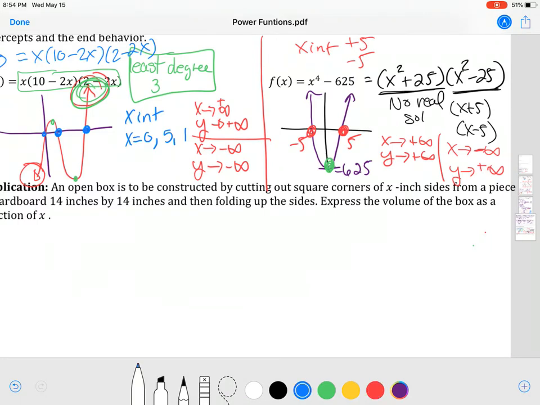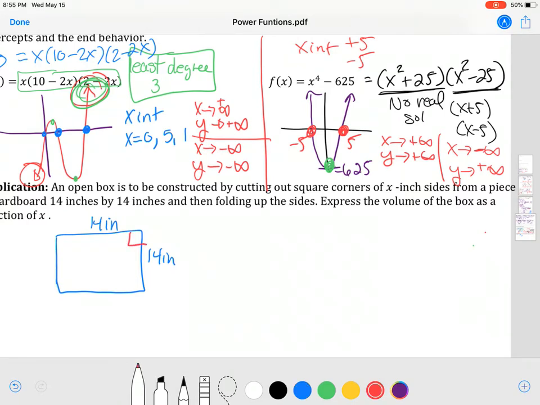This is a little bit hard to visualize, but if you have a scratch piece of paper in front of you that you don't mind tearing up, it might be worth your while to follow along with an actual piece of paper and imagine that you're actually creating this box. So it says here that we have a piece of cardboard that's 14 inches by 14 inches. So here's my cardboard that's 14 inches by 14 inches. Now it says you take out corners